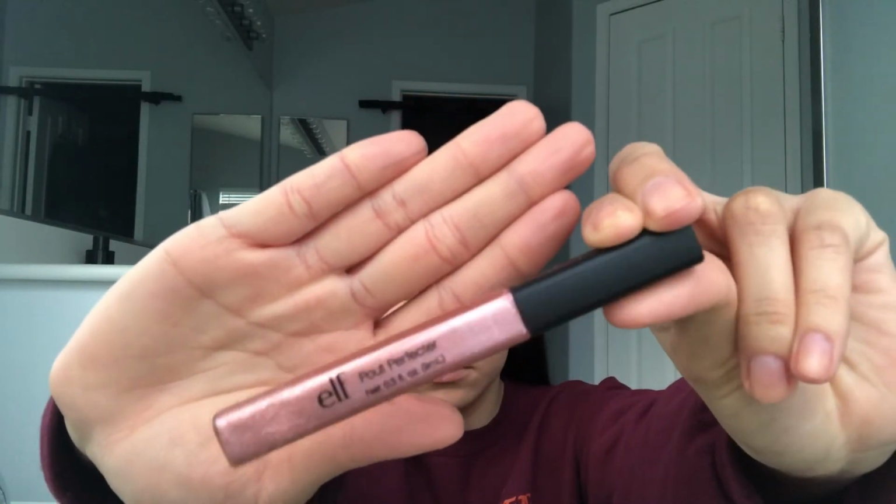Now taking the e.l.f. Pout Perfector in the shade Glow, I'm just going to be focusing this in the middle of my lips, and I am going to be taking it directly onto my cupid's bow just because I like that look. And then right after, I'm going to be topping it off with the Beauty Treats Honey Lip Gloss